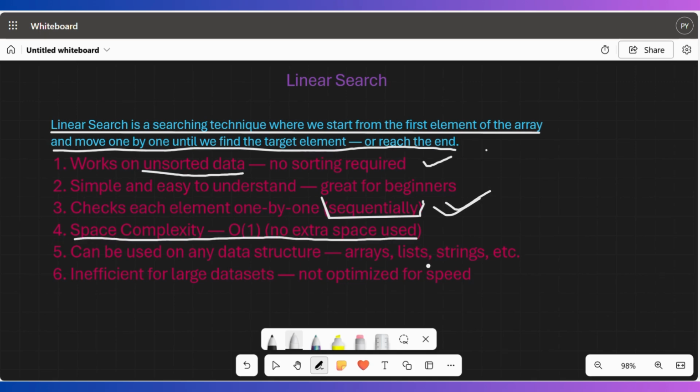In this linear search, over the data given by the user, we just impose a for loop and get our output. We don't use any extra data or any extra memory to store any data. And in the fifth point, it can be used on any data structure: array, list, string, etc. The linear search allows us to apply this search over arrays, lists, strings, meaning any data structure. And there is one disadvantage of this search,